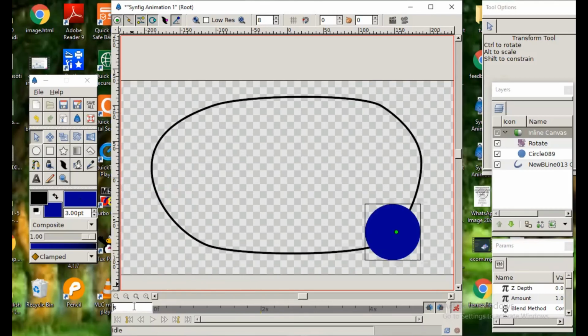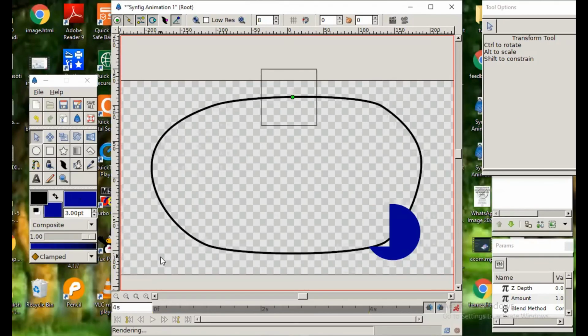After 4 seconds I want it at a new place, so bring it there. And after 5 seconds, that is the last position, that is here. Like this.